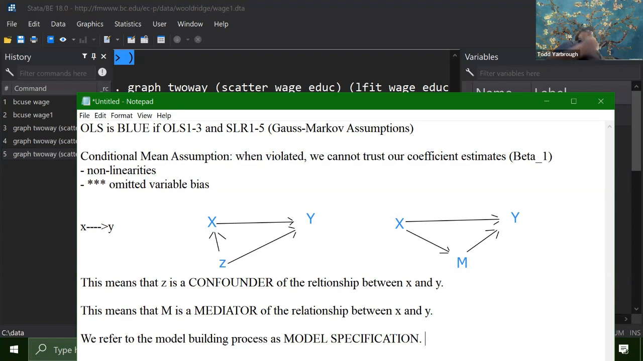Now, does that mean it's easy to specify a model? Certainly not. But that's mostly what we end up thinking about. What are the things other than the thing I most care about that should be in my linear regression? That's what we mean by model specification. Now, going back to this point here,